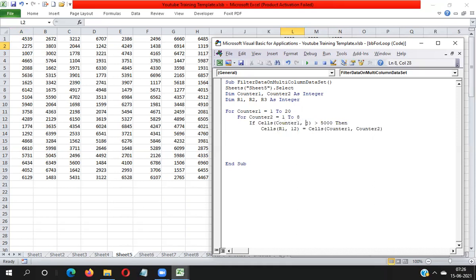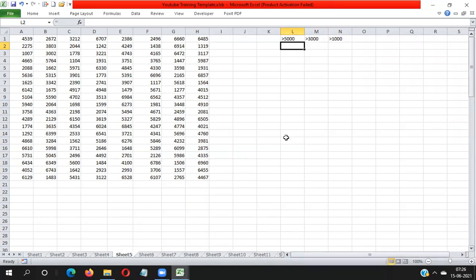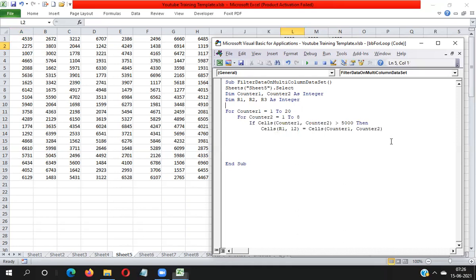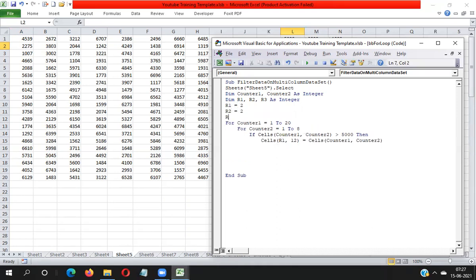But make sure before the loop you have to store the second row number in R1, R2, R3. So R1 will be used in row, that's why I'm putting R1 equal to 2, R2 equal to 2, R3 equal to 2.